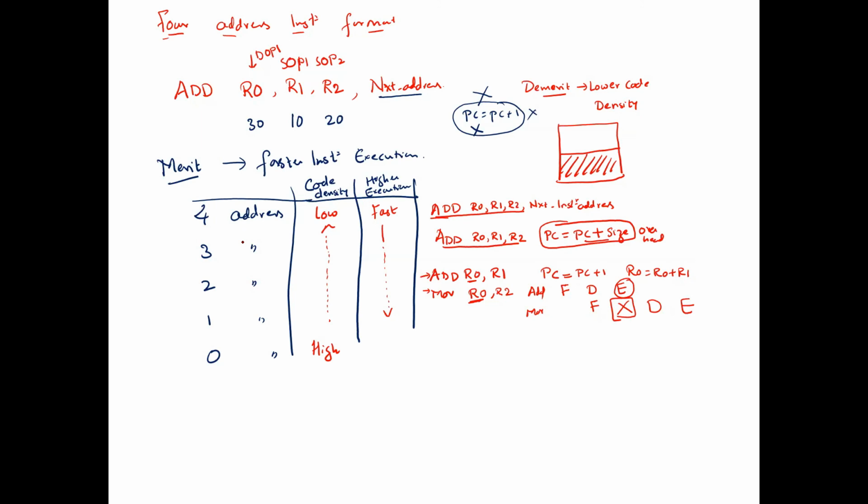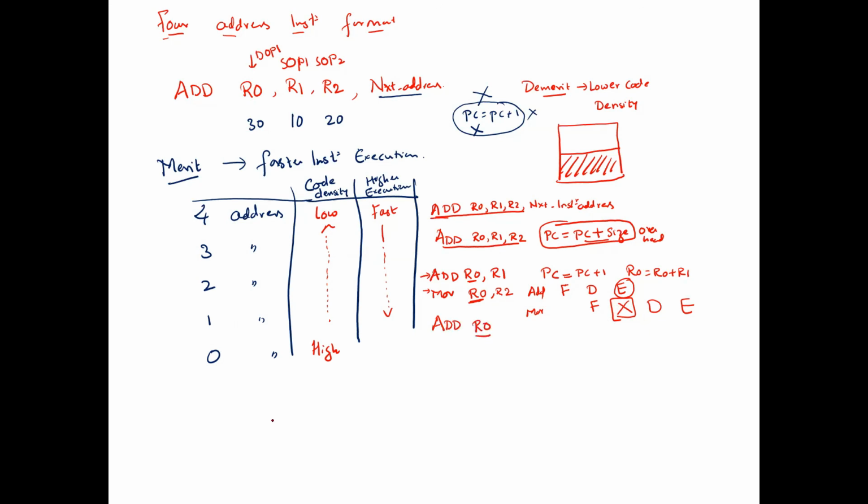In the 3 address instruction format, the destinations are readily available, right? But here the destinations are not readily available. The source and destination are one, so both are mixed. Therefore, there will be a stalling during the pipelining operation. So again, if we have dependent operands, then it is going to add additional time. Now similarly, in one address instruction format, what happens? I will write add R0, only one operand.